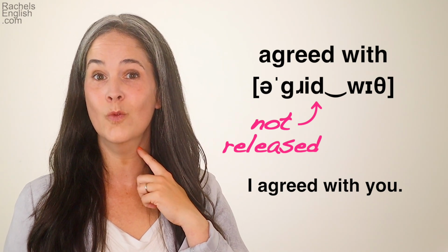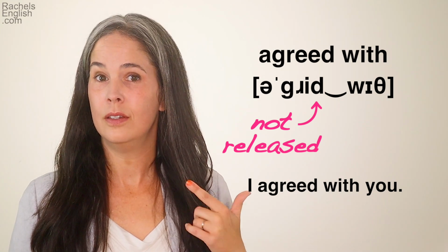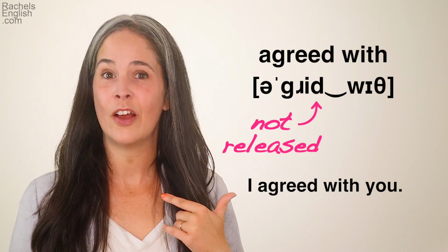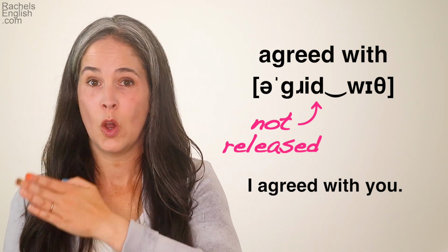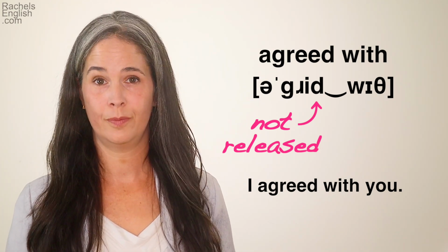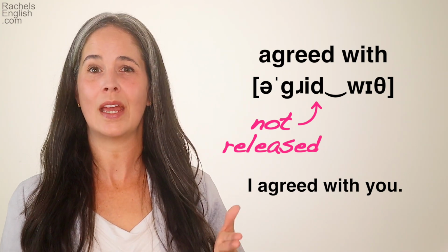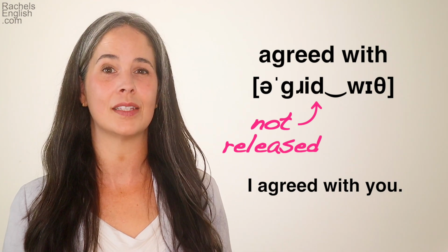Agreed with. It's the sound, but there's not a stop and release. We just carry that voiced D right into the W. We like to make English really smooth, and that's why in these cases, stop consonants are not fully pronounced. Let's look at a few more examples where we have a vowel or diphthong, then the D,